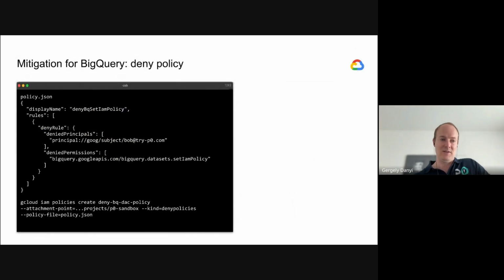What can you do against this? You can specify a deny policy. There is no UI for deny policies in GCP, but you can use the CLI where you set, oh, this Bob tryp0com user cannot set the IAM policy, which is the actual ability to define the sharing permissions on the data